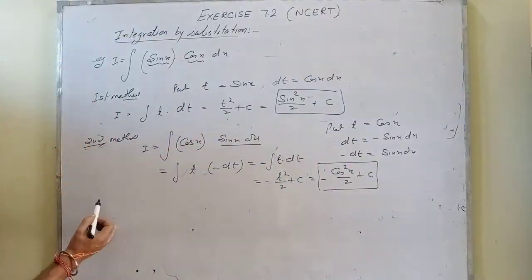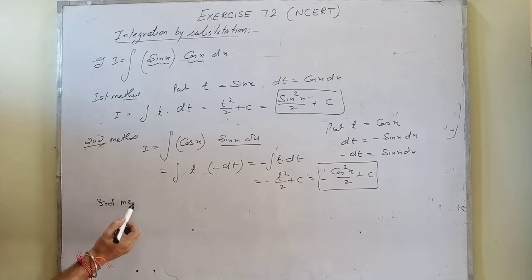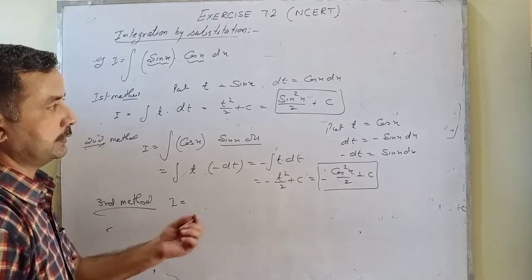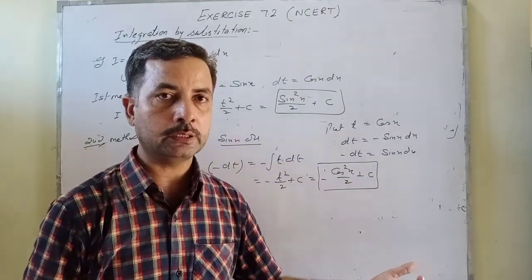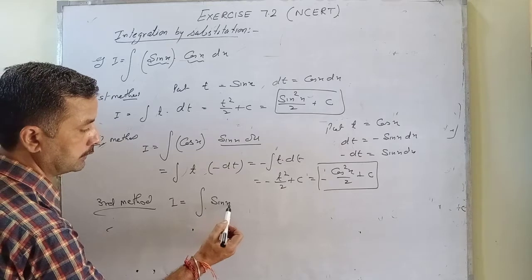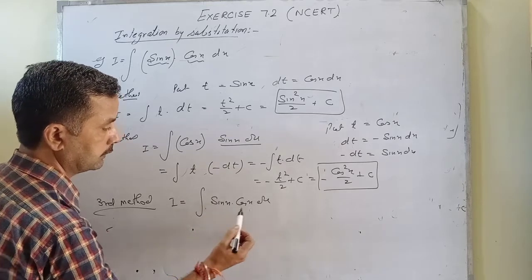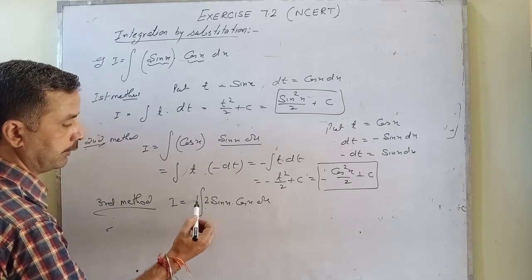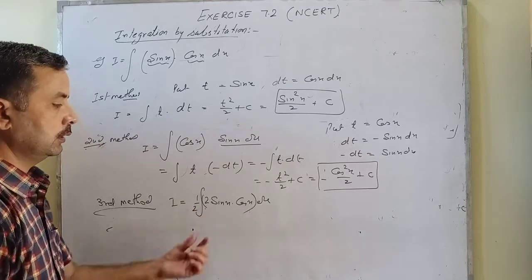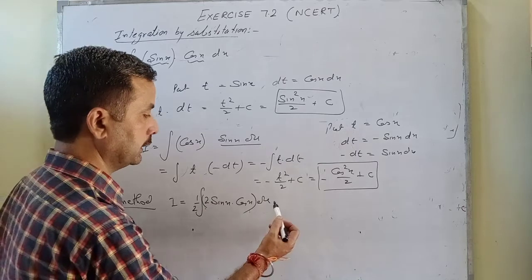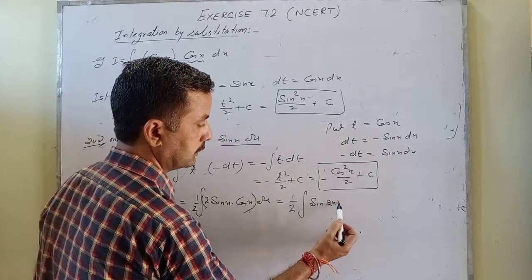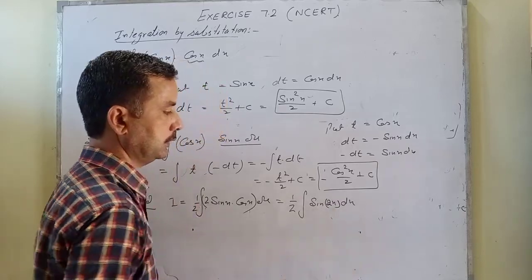Now one third method is also there. I am telling you this only so that you don't get confused that, sir, I solved the question this way and the answer in the book is something else, mine is not matching, so that doesn't matter. Suppose now the third one, we have this sin x into cos x into dx. Now multiply and divide this whole function with 2. Now it becomes 2 sin x into cos x. So therefore it is 1 by 2 sin of 2x into dx. This is sin 2x.